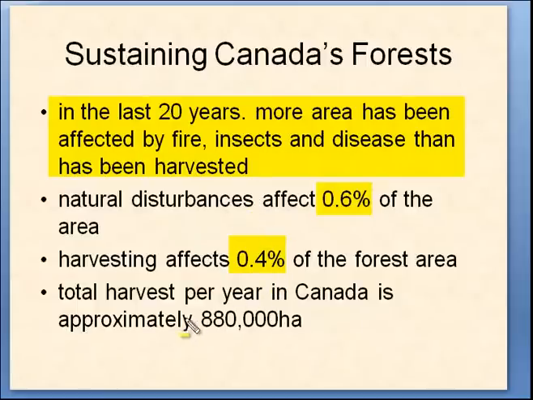Being such a big country, this number always looks scary when you look at it. But I have to appreciate that in a country as huge as Canada, 880,000 hectares of harvest, which is less right now actually, is only representing 0.4% of the total forest area. So harvesting happens across the country, but it is a very small component. I hope you understand now how volume-based harvesting, the annual allowable cut, is calculated. Thank you.